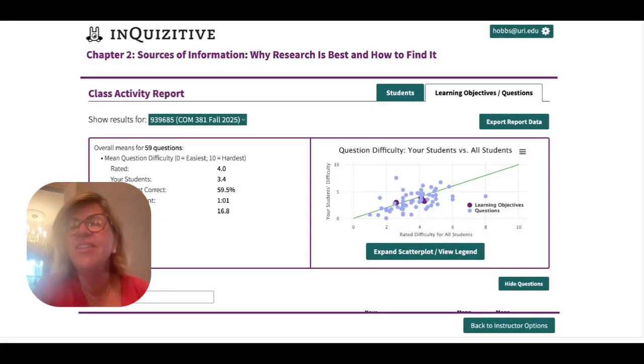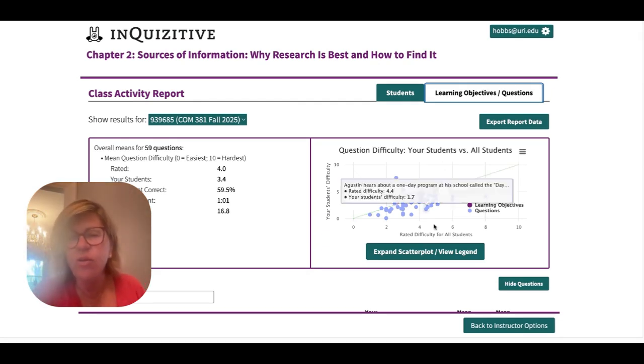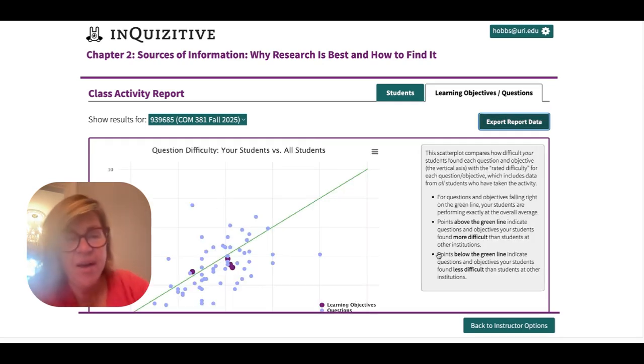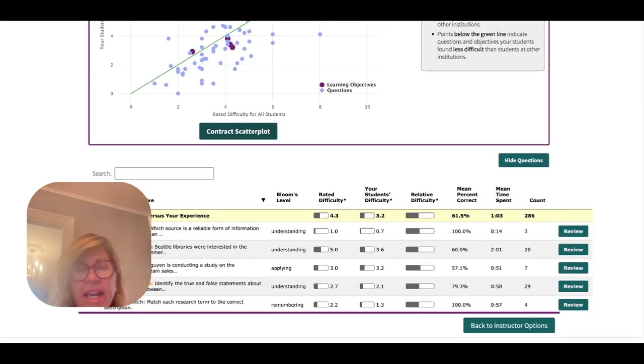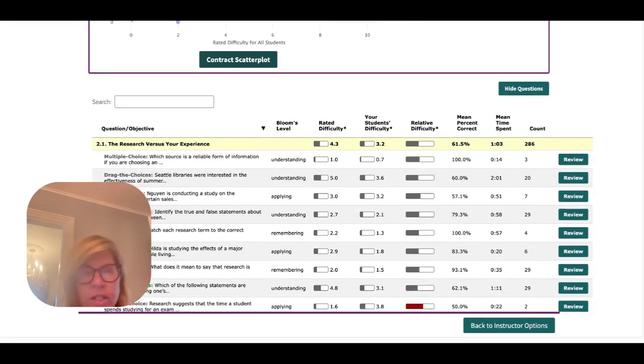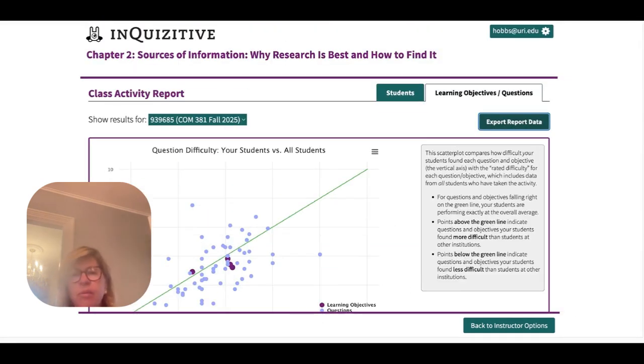I just wanted to talk to you a little bit about how you're doing with the Inquisitive quizzes. It is absolutely fascinating to see your work in this process, and of course, I hope you are loving the Inquisitive thing as much as I am. Behind the scenes, here's what I can see, right? I can see each of your scores, but I can also see which questions you're acing and which ones you're struggling a little bit with.